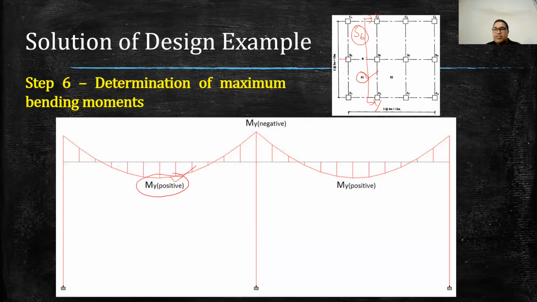Similarly, at this edge where both the slabs are meeting, there will also be a negative moment, because as you can see, when the load comes down, the slab will bend like this, and at the edges it will bend the opposite way. The curvature of this bending will be opposite to this curvature. So this is sagging and this is hogging, and that is why the bending moment nature is different. Here we are considering the bending moment as positive, and because here the curvature is opposite, we are considering the behavior of bending moment as negative.